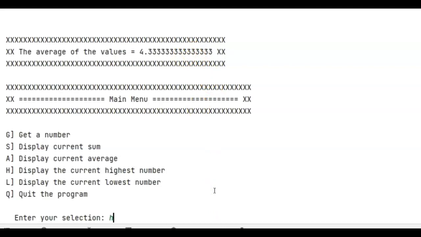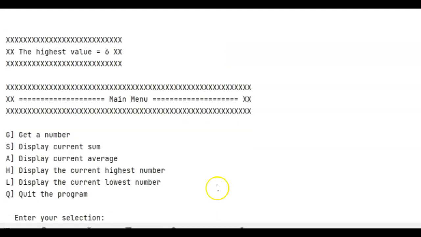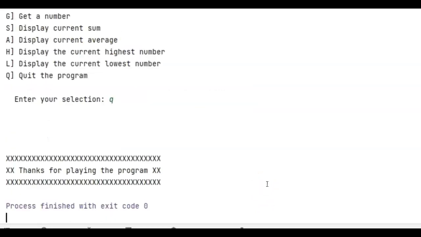And then I'm going to display the highest. Well, that's the 6. See it? The 6. I'll display the lowest. That's the 2. And that's basically it. When I quit this program, it's going to use marquee to say thank you or something. Thanks for playing the program. There's my marquee. I'm at 10 minutes, so I'm going to stop. Good luck with your next